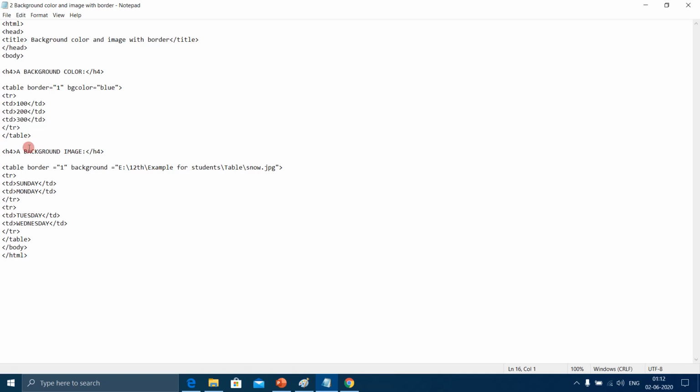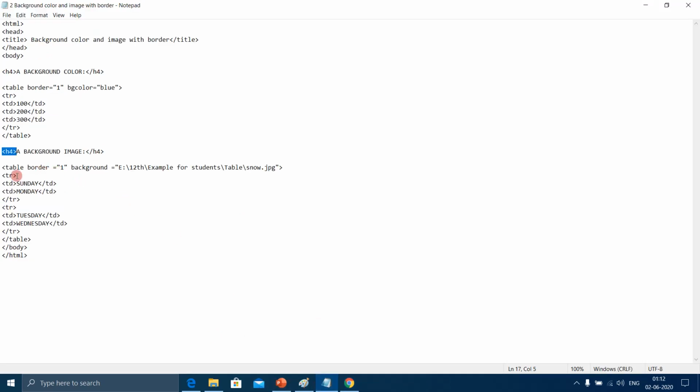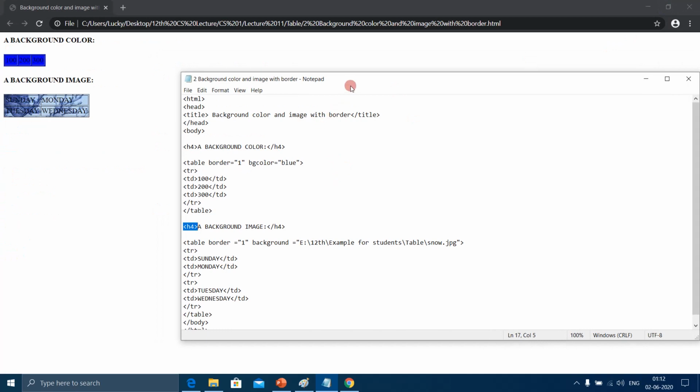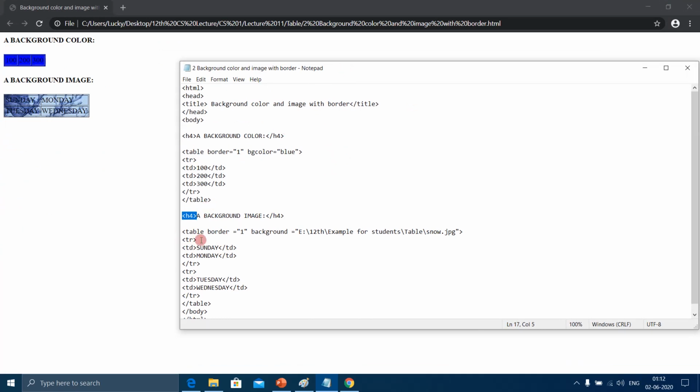Second is how we can set the image as a background within the table. Again, we have used H4 tag, a background image. As you can see, a background image. Then what we have is table tag, border attribute of the table tag. Then we will use background attribute to set image as a background. So when I use background attribute, the value of the background attribute will be the